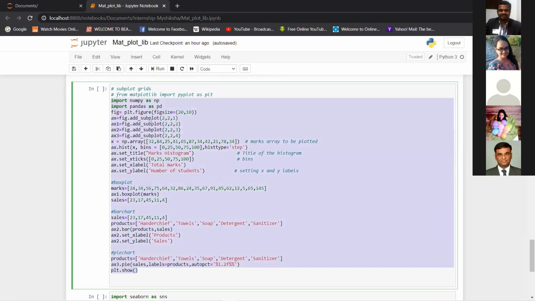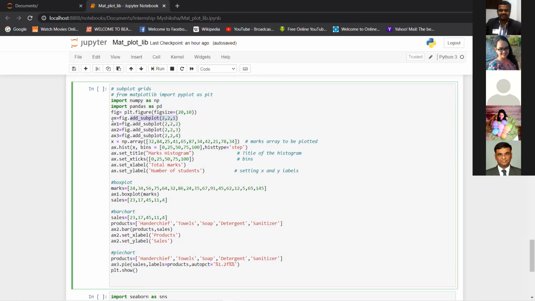What is different here is that I have used four axes. I've created four different axes: AX, AX1, AX2, AX3, and I have used this function called add_subplot. So how do you understand this?